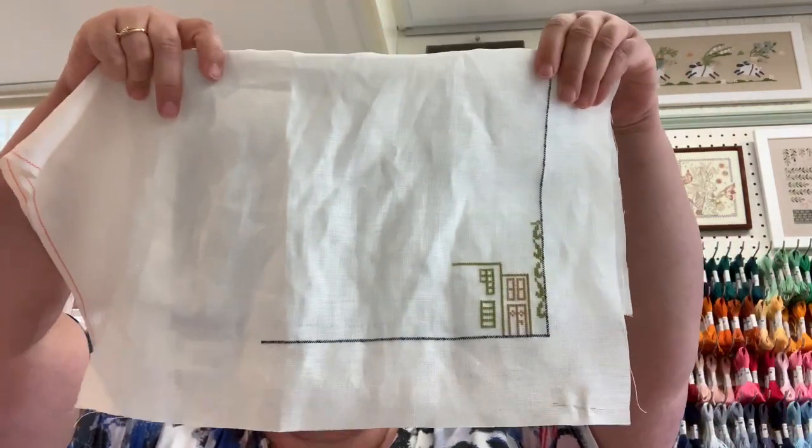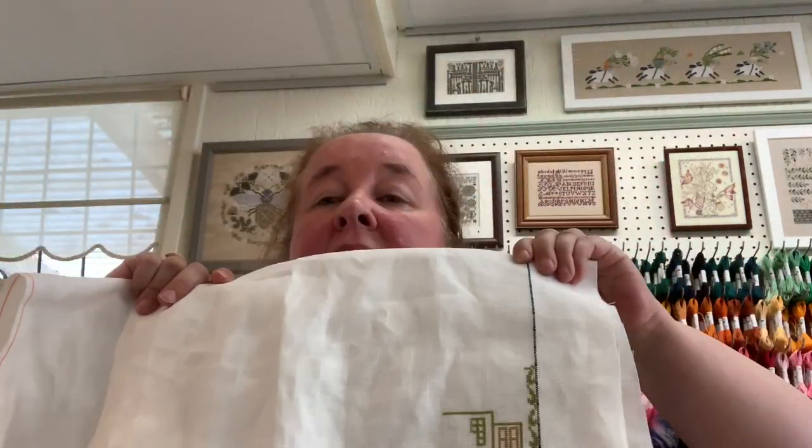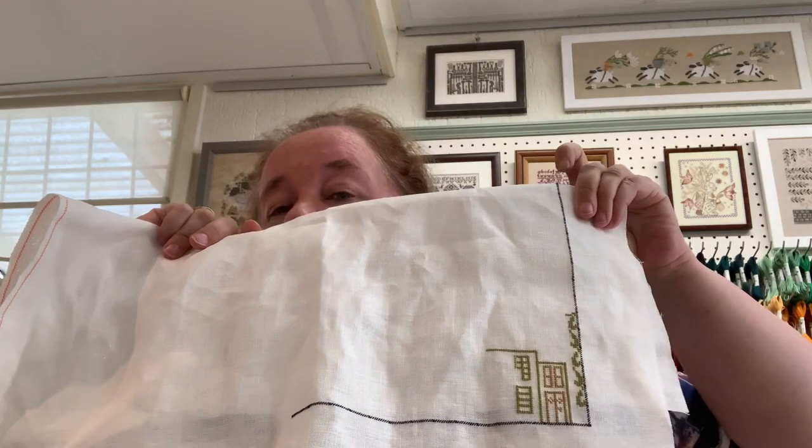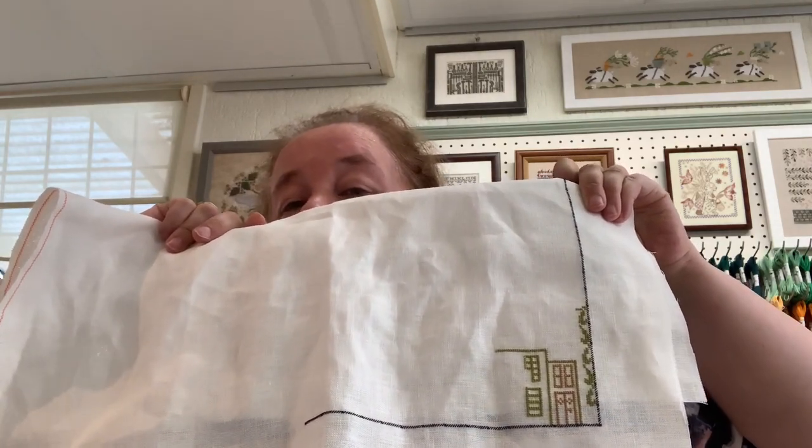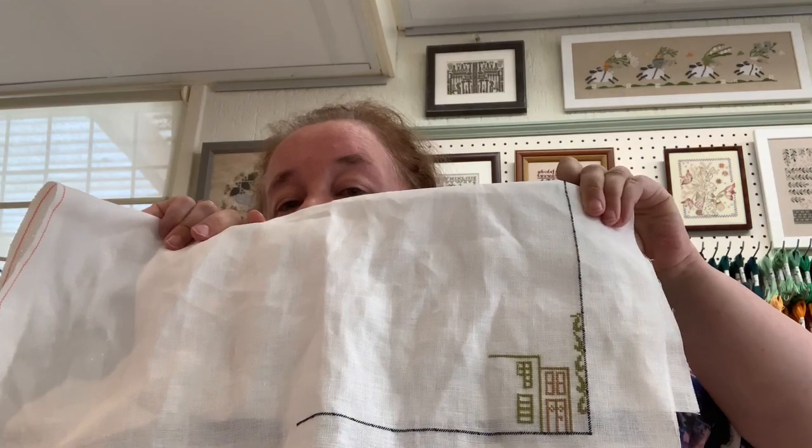Let me just put something behind it so it's a little easier to see. This is my progress. I started in the right lower corner, and I'm working my way on the first house. Now what I did with the border, and I don't know whoever came up with this brilliant idea,